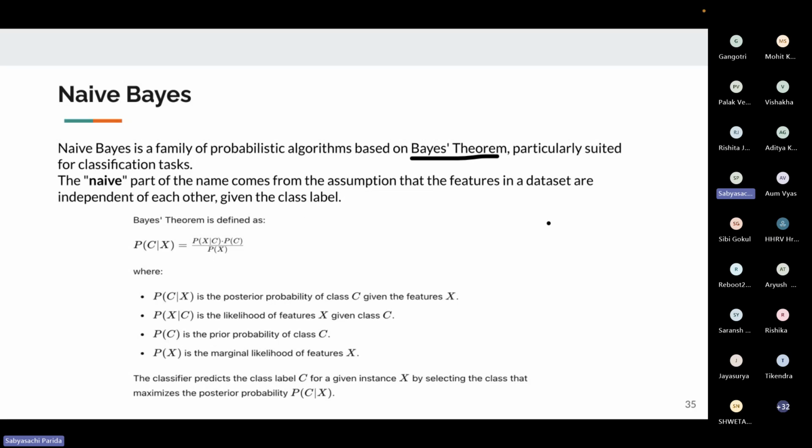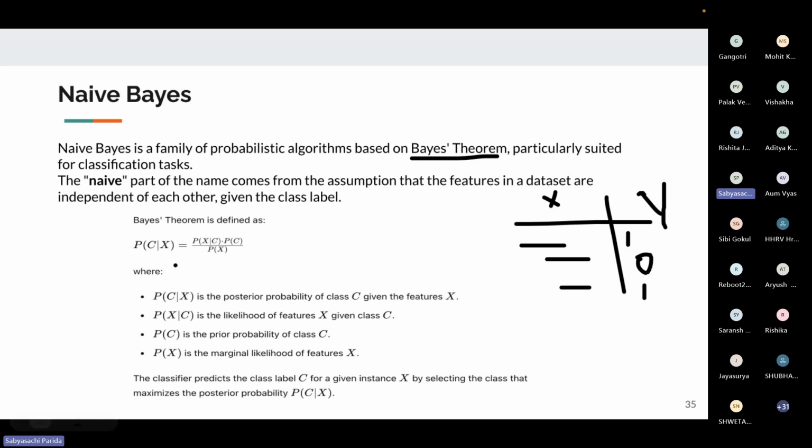Suppose these are the features that I have. So these are the X's and these are the Y, where Y is 1, 0, 1. And these are the other features that I have. So based on the posterior probability of the occurrence of the Y's and the X's and the priors, I can model an algorithm so that it can say whether the particular feature belongs to class 1